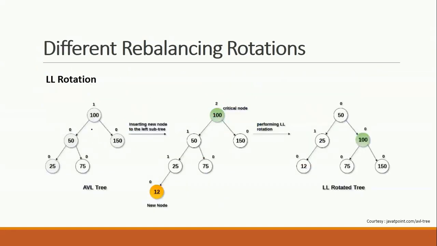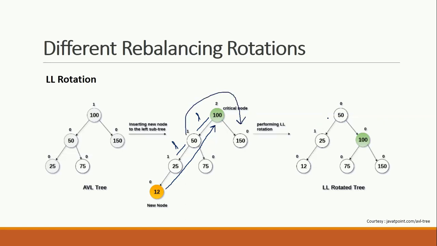Now in this case, suppose this is an AVL tree, the balance factors are already given. Suppose I inserted 12. Once I find the balance factor, in this insertion path only I have to find it. In this case the problem is here, this is L, and this would be again an L. In this case I will do a clockwise rotation, taking the 50 as the middle. So this will go in this way.